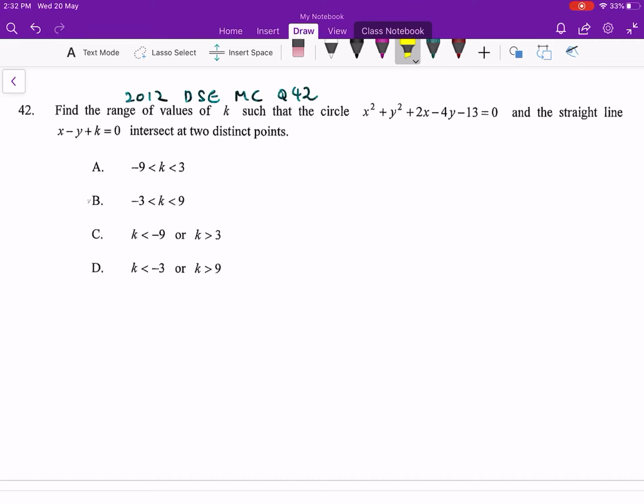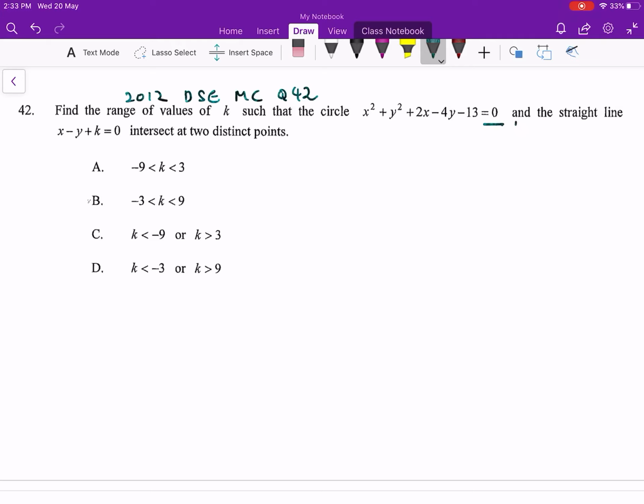So this question is 2012 DSE-MC question 42. And for this kind of equation of circle questions, actually it's quite troublesome. You can see it is put at question 42, so you should know that if you use the normal way to do it, it takes you really quite a lot of time. Because the procedure to deal with this kind of questions,